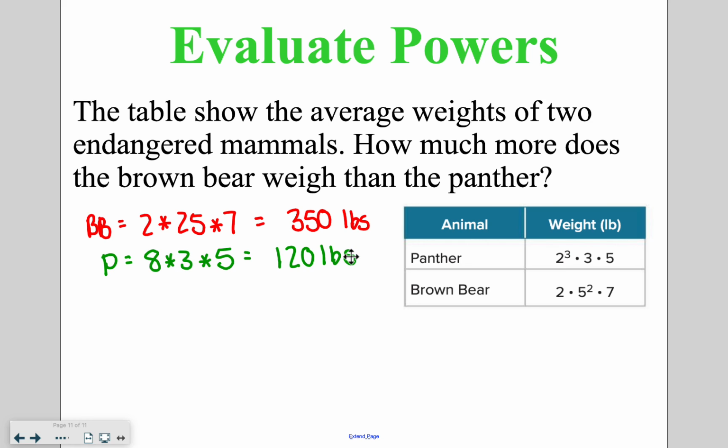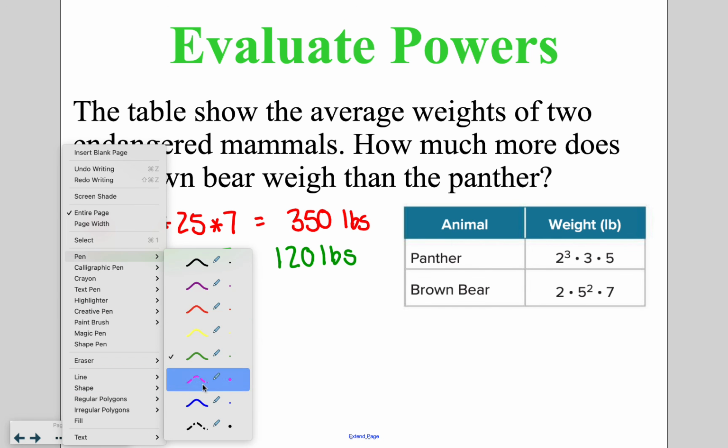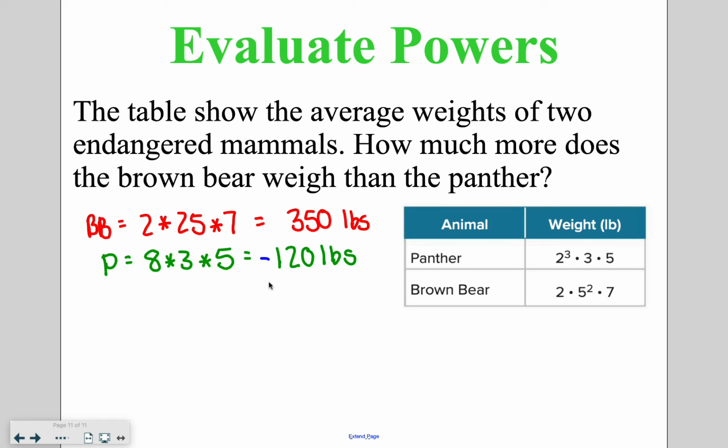120 pounds. So now that we have our 2 separate values, we want to find out how much more the brown bear weighs. So I'm going to go ahead and subtract those to find the difference. And when I do that, I would get an answer of